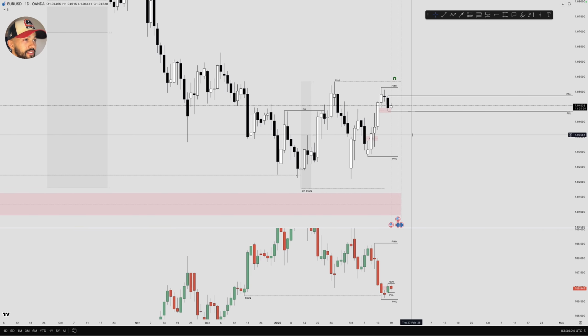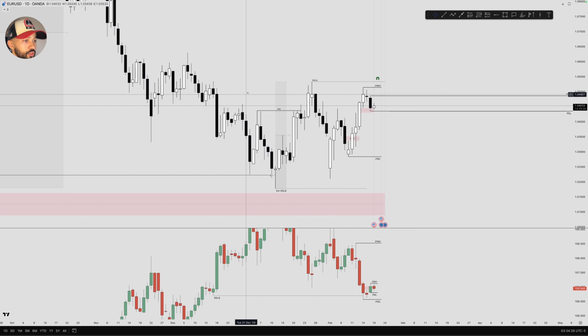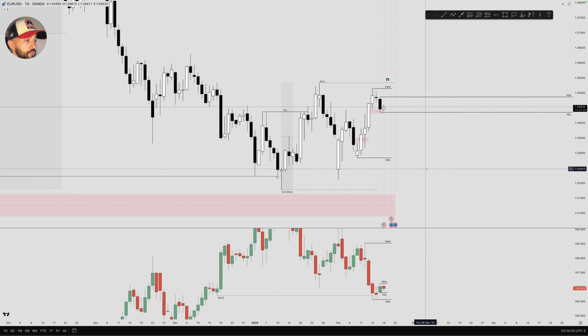We are on the daily time frame. We have EU on the top, DXY on the bottom. What's the daily showing us? Well, my bias continues the same pretty much on the daily since last week, since Monday, right? Ultimately, my bias and buy side liquidity target is this high here, right? So we have that bullish daily leg here, which broke market structure, pulled back internally, right? Anything within this low and this high is obviously internal on the daily structure,